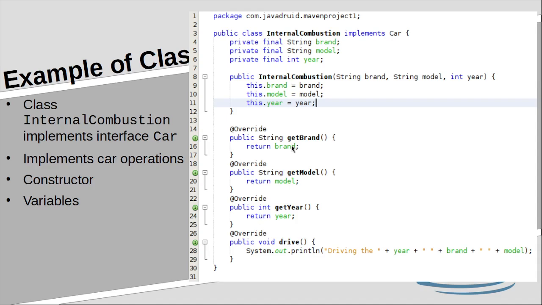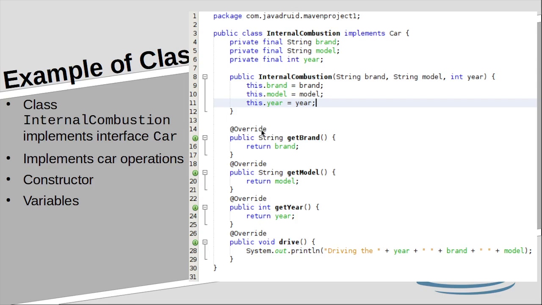With that, the compiler knows that this is an implementation of the function declared in this interface. Now, optionally, which is advisable, you can add this annotation, Override. This is not mandatory. You can see a lot of code without this, and it compiles with no problem.